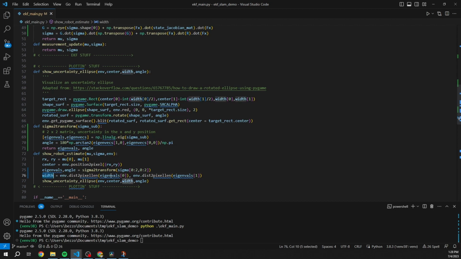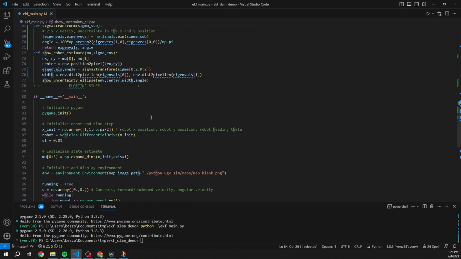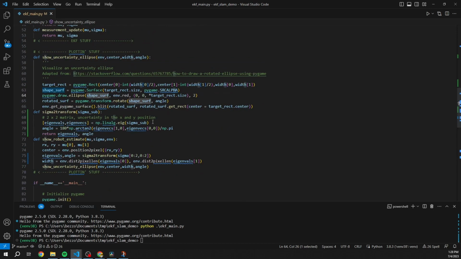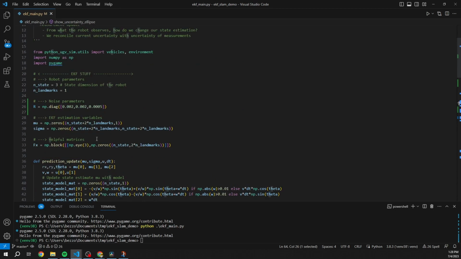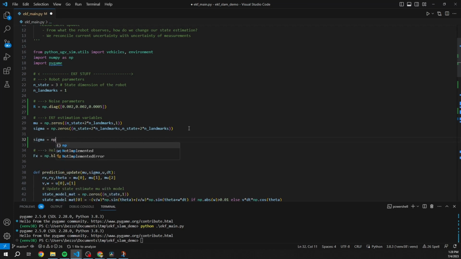Okay, now we have this width, and we now input that into our show uncertainty ellipse, and the function that I had before already takes care of the sizing and the rotating. The last thing I'm going to do is talk about the initialization of this sigma, right? So far, the sigma is just a bunch of zeros, and it's good in general to initialize to values that